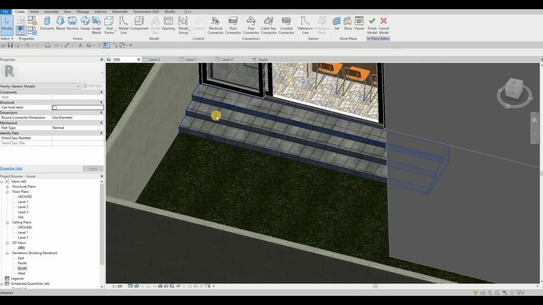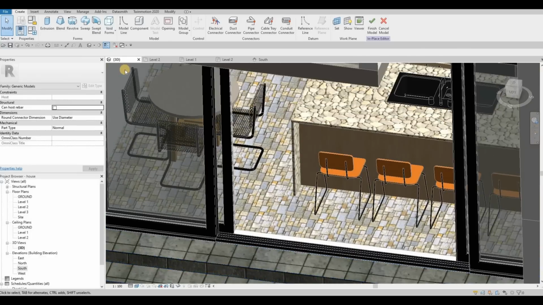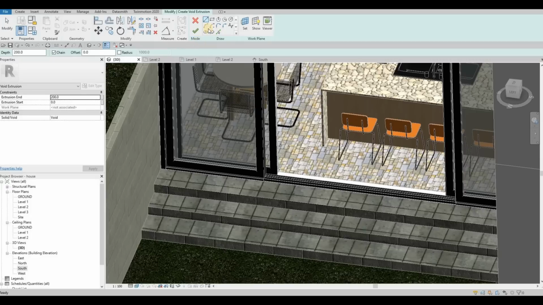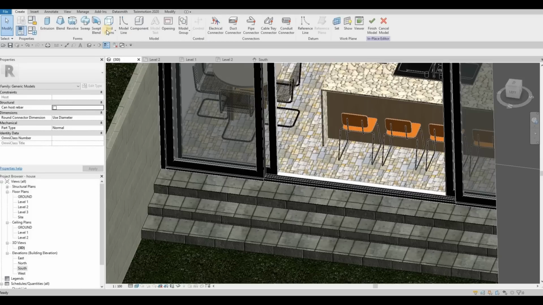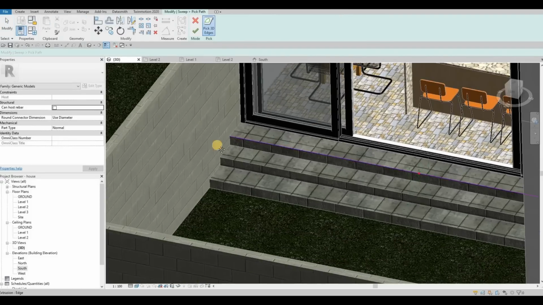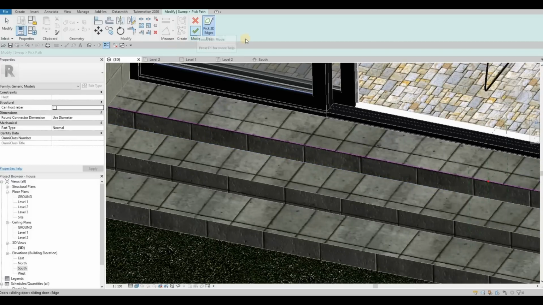So edit in place, and then here we just need to create a void extrusion, and then pick it, actually not void extrusion, let's do a void sweep instead. So pick a path. I'm gonna pick this path right here, and then click finish,